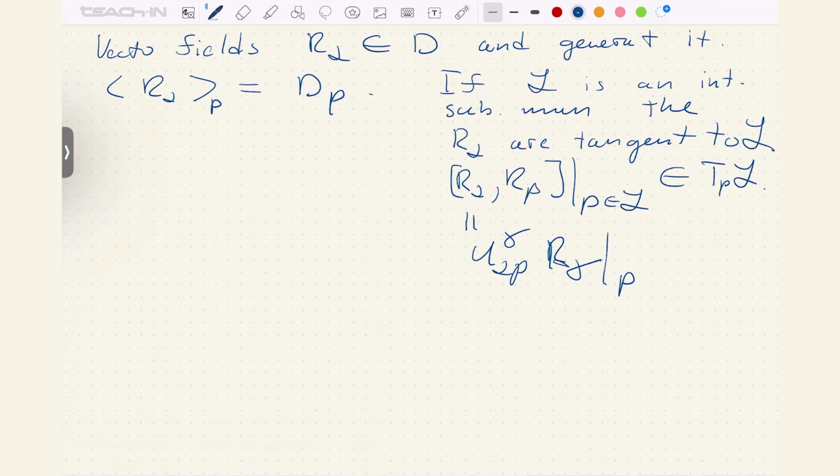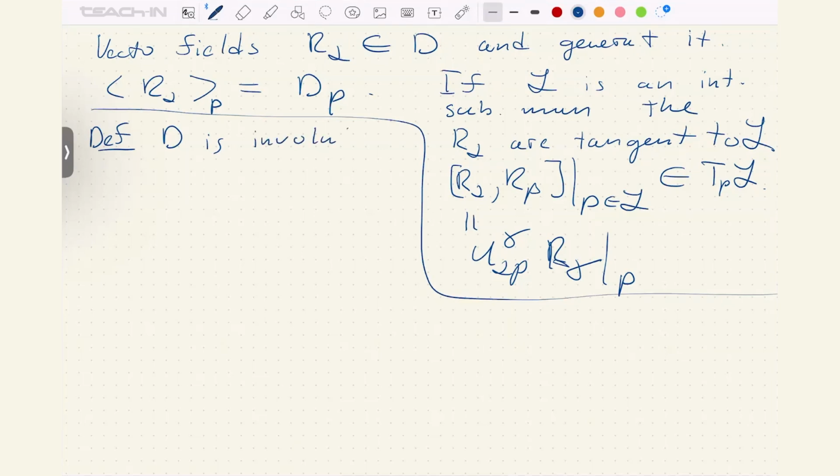So if there is an integrable submanifold, then at points of this submanifold, the commutator of two vector fields from the distribution belongs to the distribution. And if we want our distribution to have integrable submanifolds everywhere, then this should hold everywhere. And for this, there is a special definition that D is involutive if,